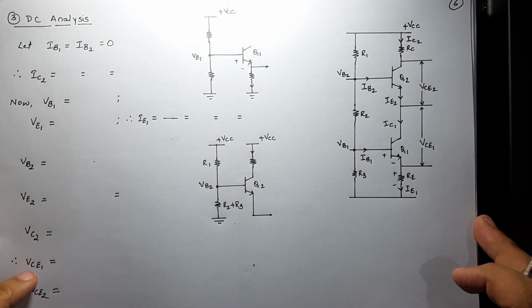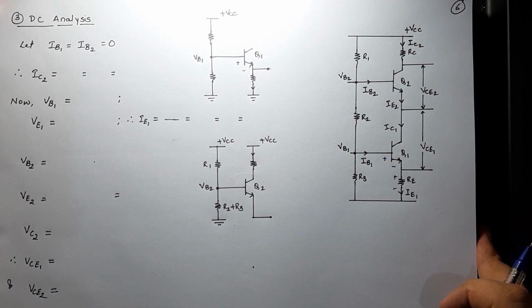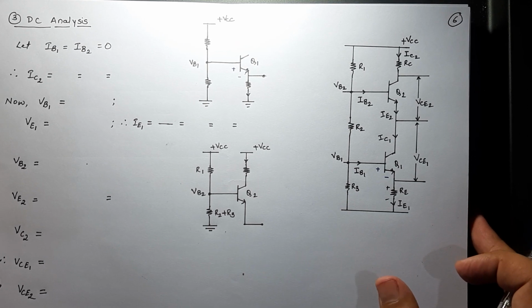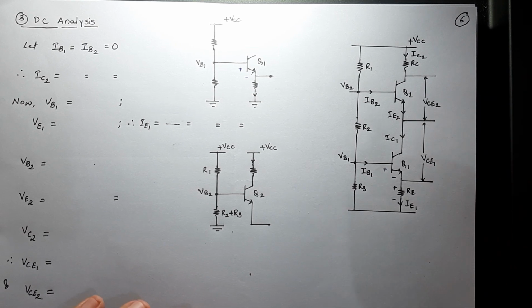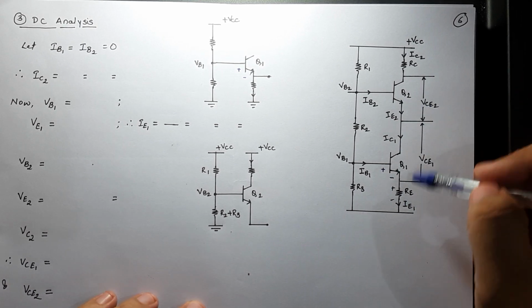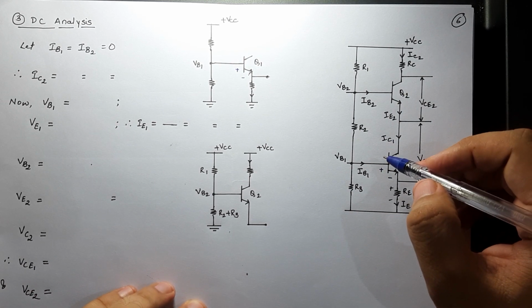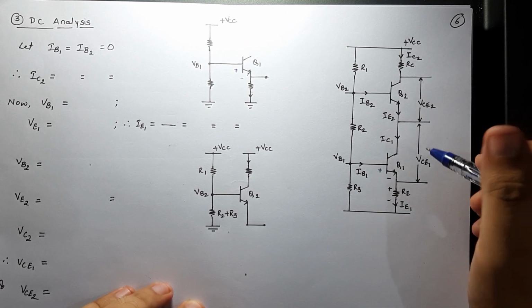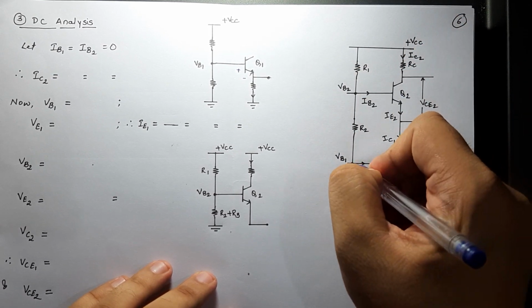Now, the DC analysis would be something very much simpler in nature. So yes, let's see what happens in DC analysis. In the DC analysis, the circuit diagram is somewhat in this way, in which the capacitors are removed because they work as open circuits for DC. If we were doing AC analysis, we would have kept them. Now, I have named this voltage over here as VB2, and here as VB1.